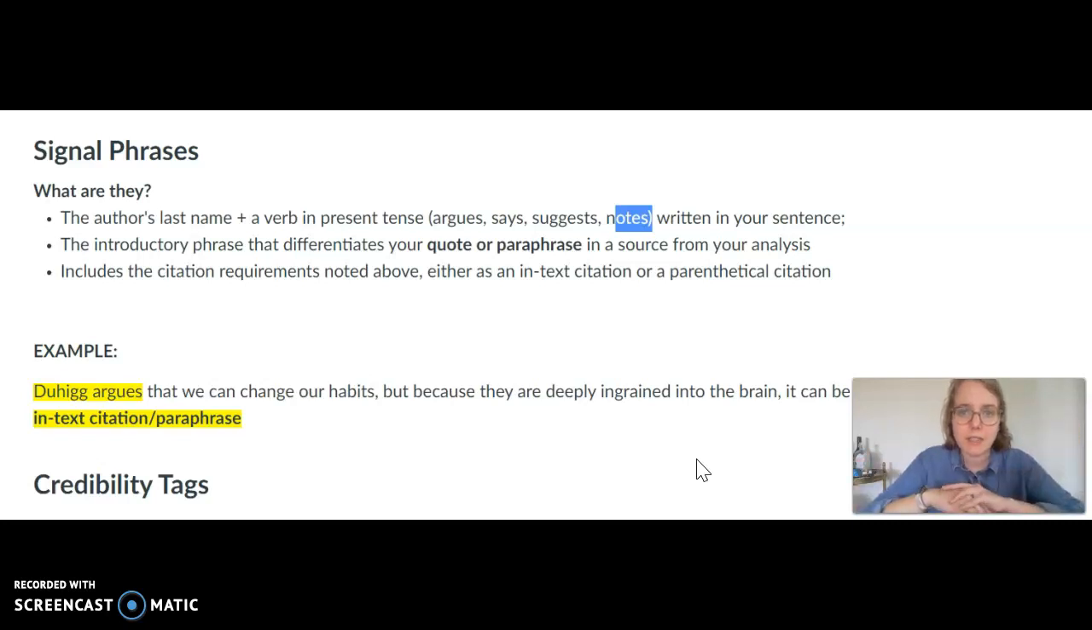Why do we use these? It really differentiates what your author believes versus what you believe. So it's important to let your reader know that this is not your idea. You have taken it from another author. Okay, so